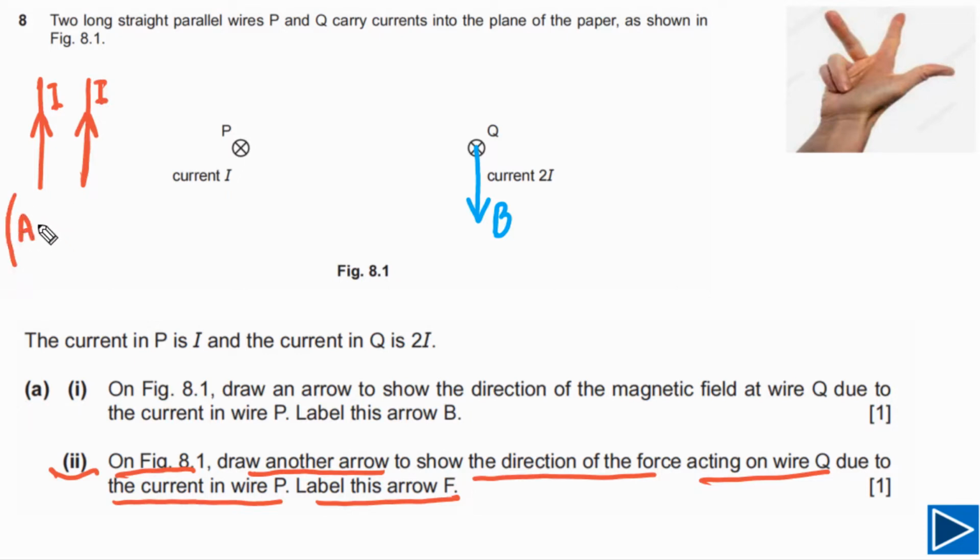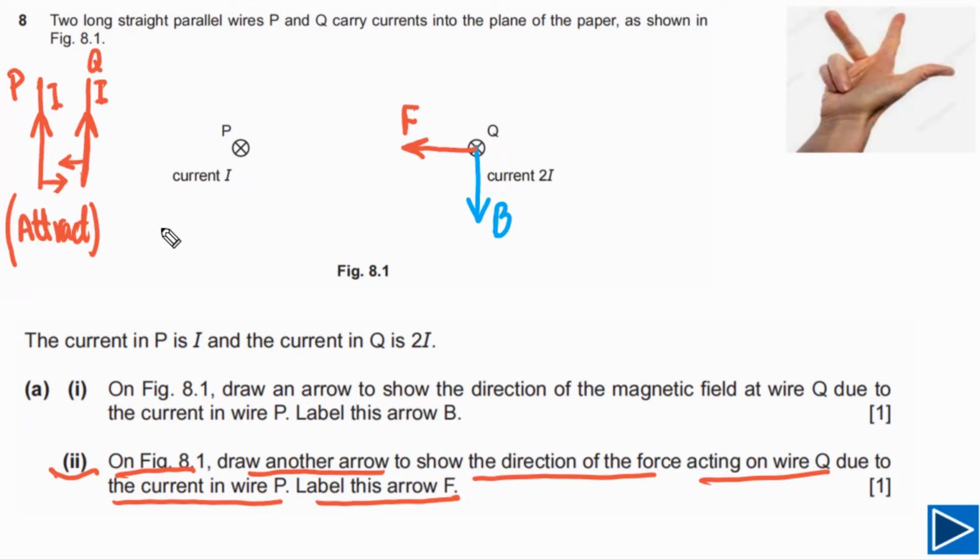So these two wires, they will attract each other. So simply we can say they will attract. Let's say this is wire P and this is wire Q. So Q will be attracted by P and P will be attracted by Q. Using this knowledge, simply we can say the force on wire Q will be to the left. So this is the direction of force. This is how you can answer. Later we will discuss with the help of Fleming